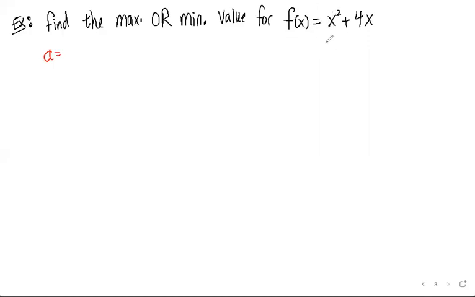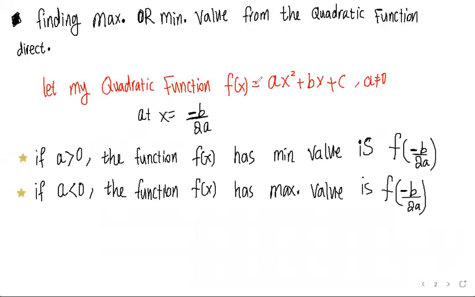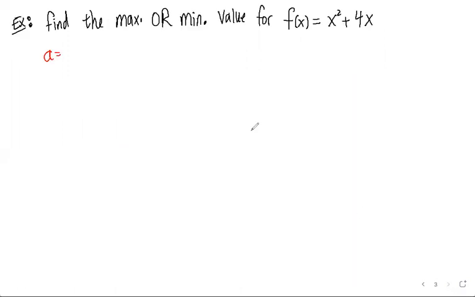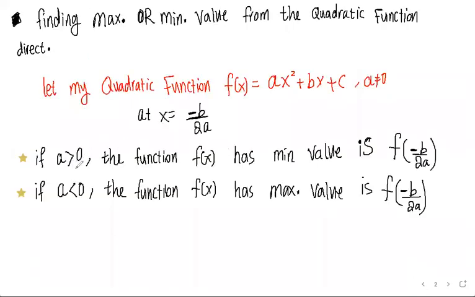What is a? The function is f of x equal a times x squared. What's a? It's 1. So a is the coefficient for x squared, which is 1. How do we find it? From here, because here we have 1 times x squared. So 1 is a. Now we have to ask ourselves, is the 1 greater than 0 or